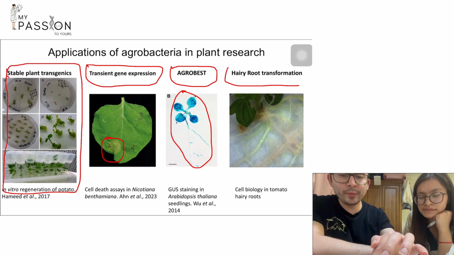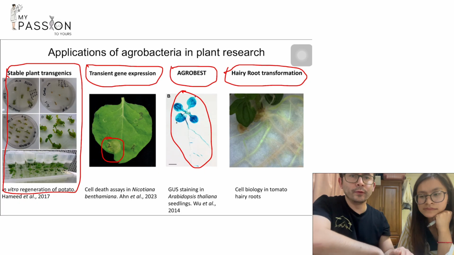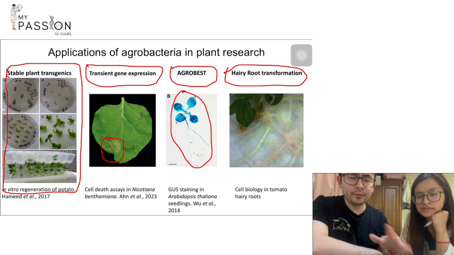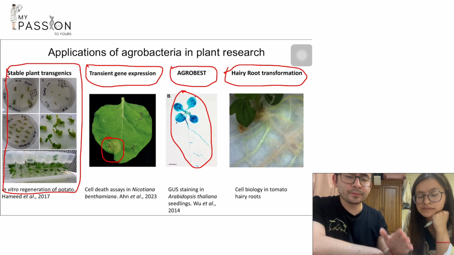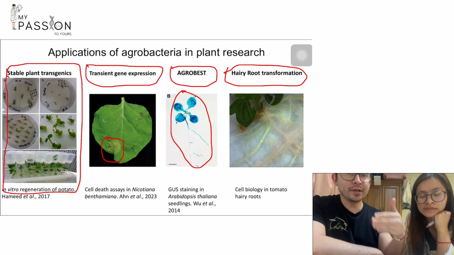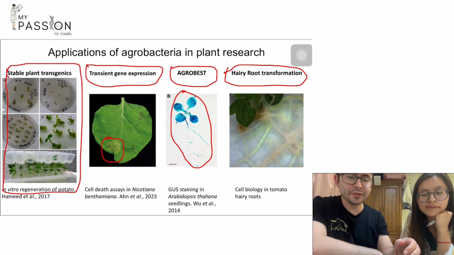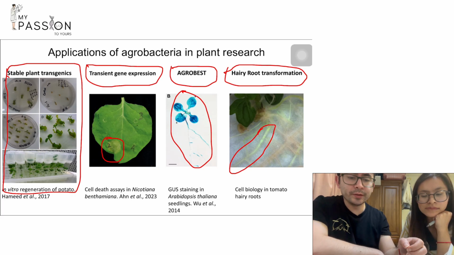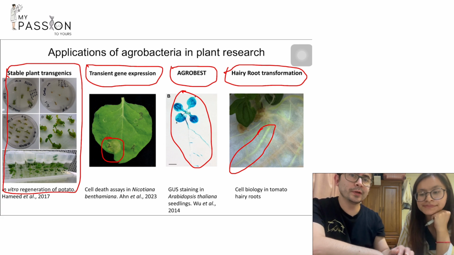And the last method, which I would say is the least popular, but is also very useful for metabolite production. I don't want to go into too much detail, but basically we use the hairy roots producing bacteria that I mentioned at the beginning, and you also express a gene of interest, in this case a fluorescent protein called GFP. You can see that the hairy roots that are being produced are also expressing the GFP fluorescent protein. So that's how you know that it's working.